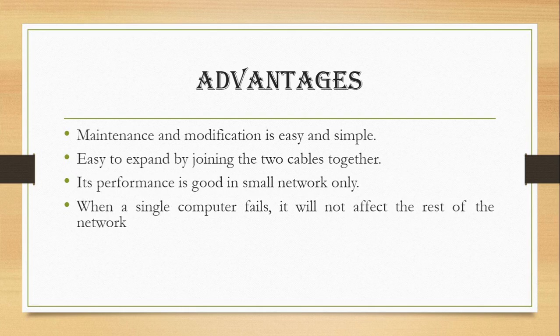The system will work smoothly without a single node if it is damaged, if it has failed, because all the things are connected to the central cable, and that central cable is important. The bus is important in a bus network. So if some of the nodes fail or break down, it will not affect the whole network.